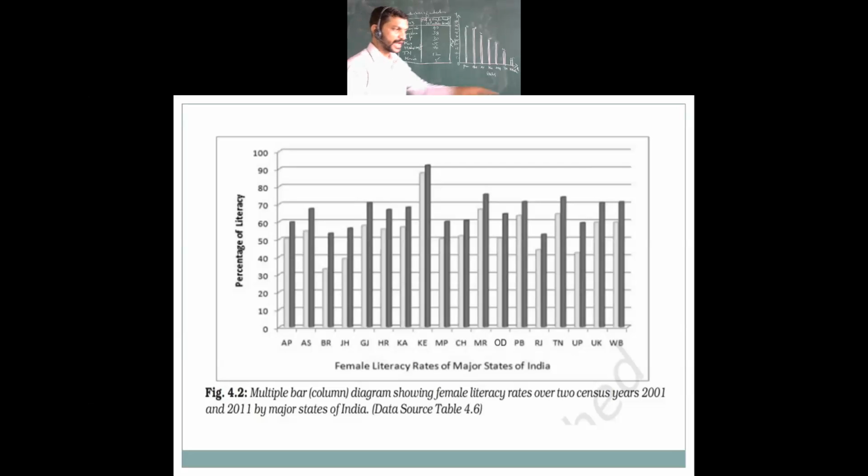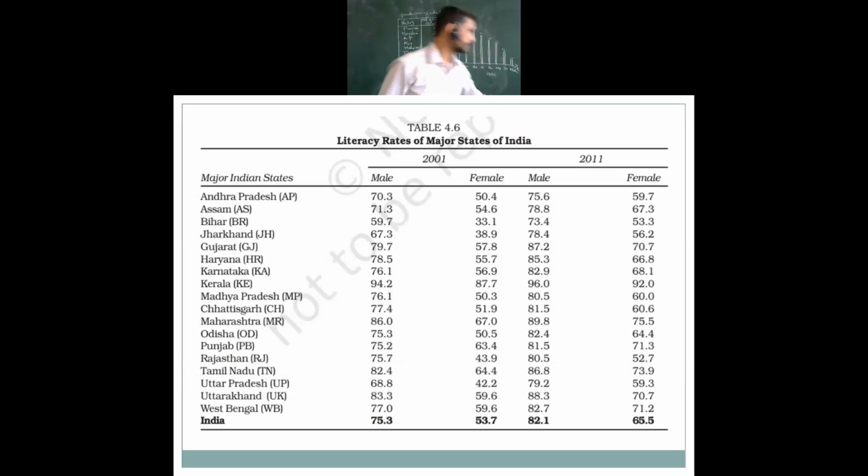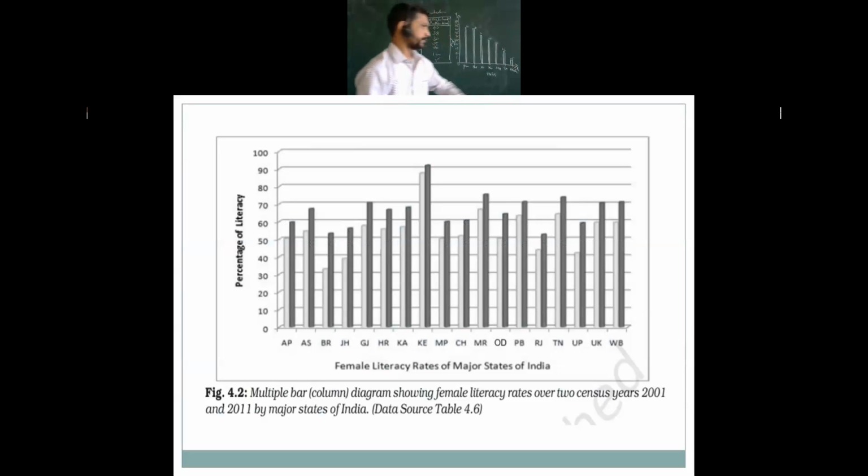What it was, that they have shown. But here the information has not been there. For this purpose you are going to go in reverse. See, reverse to the table. Here it is told, in Andhra Pradesh in the year 2001 it was 50.4% literacy rate, and then it went to 59.7. That is shown over here. So they are making the comparison of literacy rate in the year 2001 and 2011.